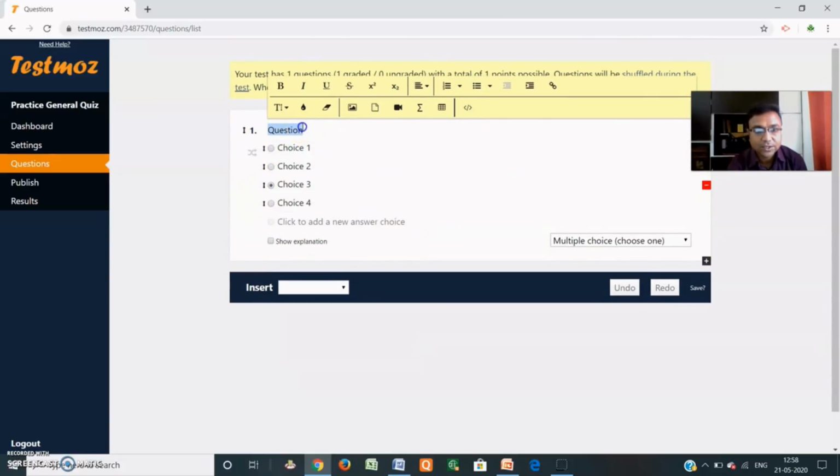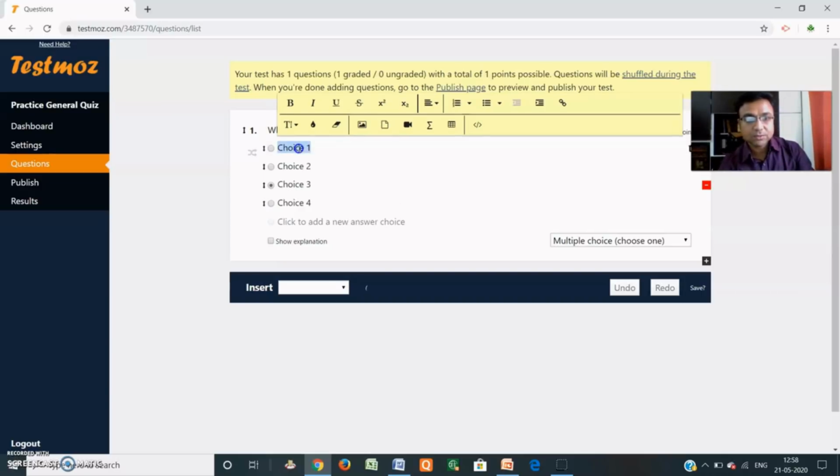Question 1, I am writing here: who is the president of India at present?